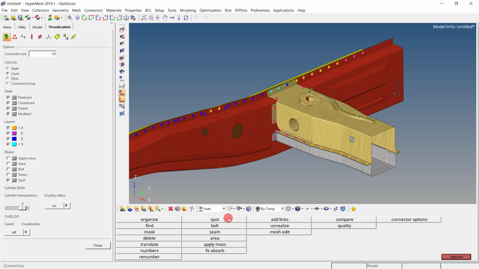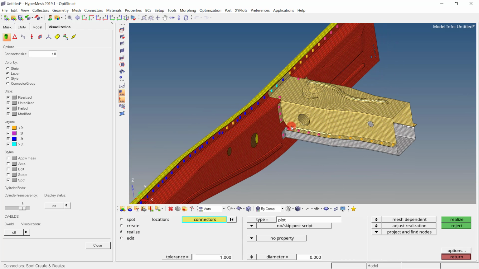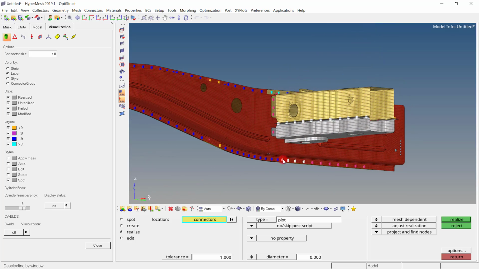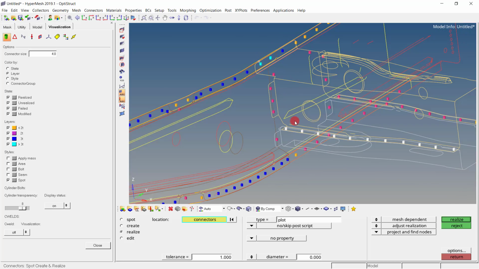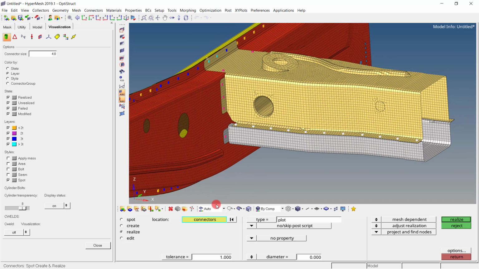Not only that, even if I go to spot, go for realize and select this connector. Let me select this one. Again press Ctrl and Shift to verify that the same connectors are getting selected. Okay. Now I am pretty sure that only these connectors are getting selected. Under the connector tolerance, generally we set it to 15 mm.